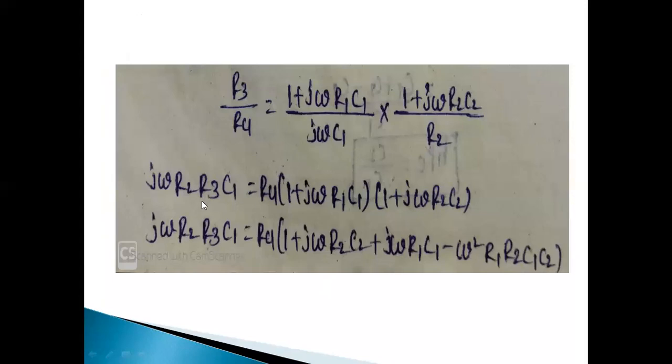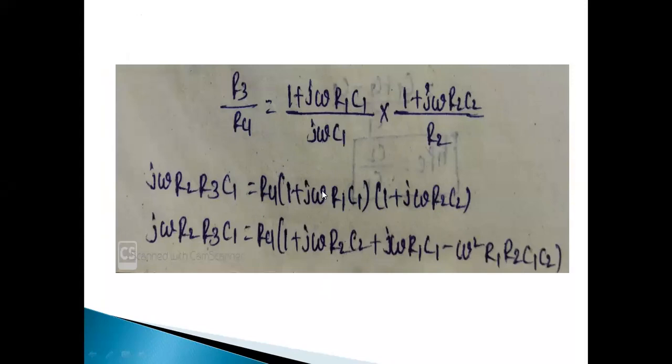So that is j omega R2, here we are cross multiplying the terms. So that is j omega R2 C1 into R3 is equal to R4 into 1 plus j omega R1 C1 into 1 plus j omega R2 C2. So that is j omega R2 R3 C1 is equal to R4 into, so the product of these two terms,